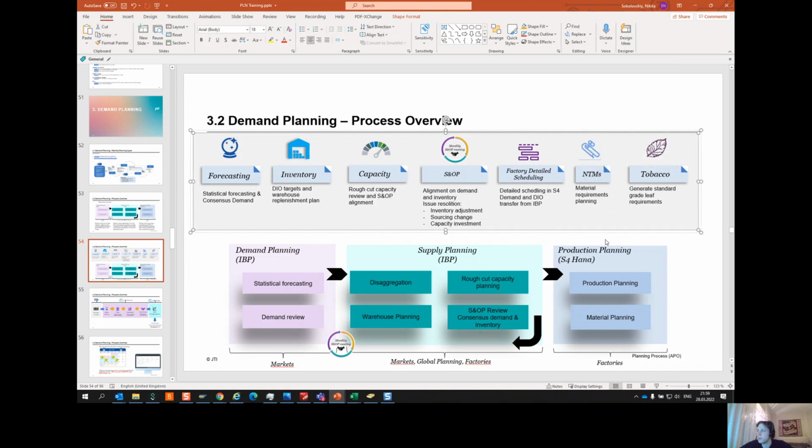NTM is the material category which stands for non-tobacco materials. These are filters, packs, labels, cartons, and so on. So every part of production which is not produced by JTI itself. And we obviously need raw green leaf tobacco, which should be dried, roasted, mixed with sauces to finally become a cigarette, for example.